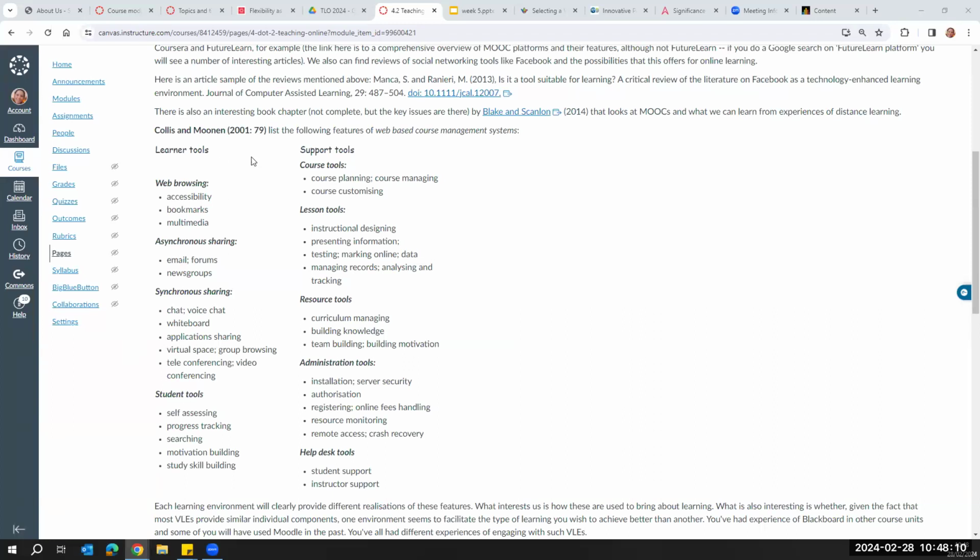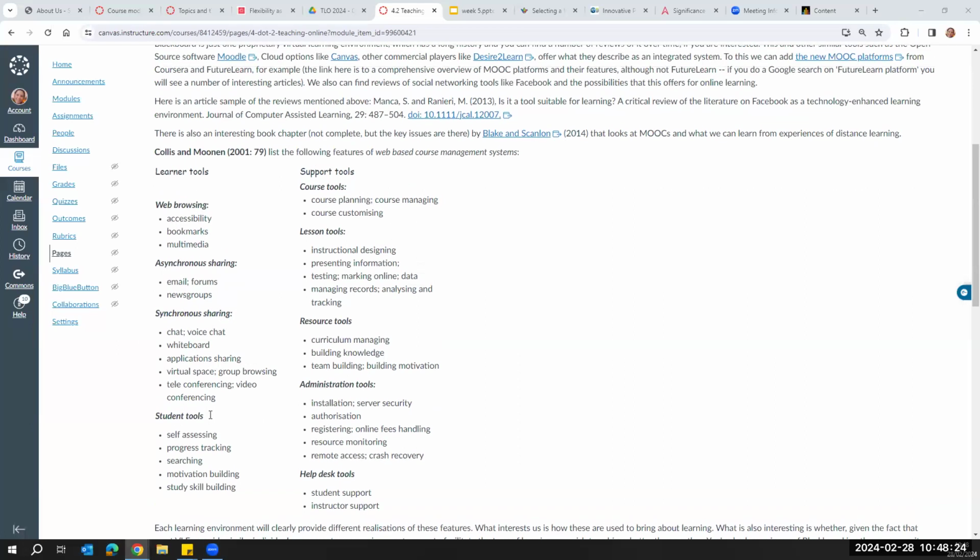Some of you mentioned accessibility, being able to have asynchronous sharing, synchronous sharing, self-accessing, motivation. Some of you did mention all that. So when we're thinking about selecting tools, there's a list that you could draw on in order to make your own decisions. But also from the perspective of the tutor,